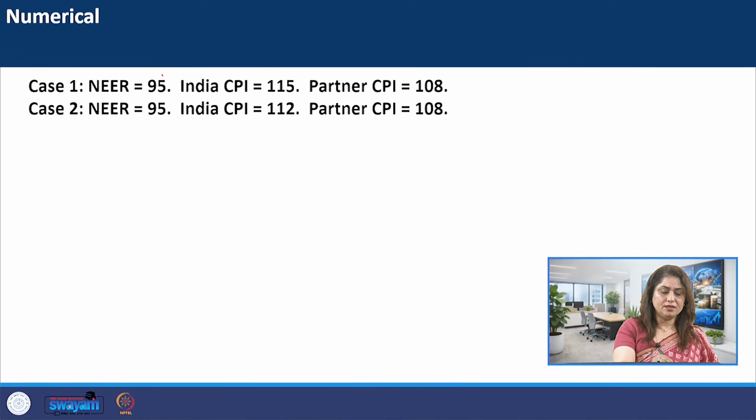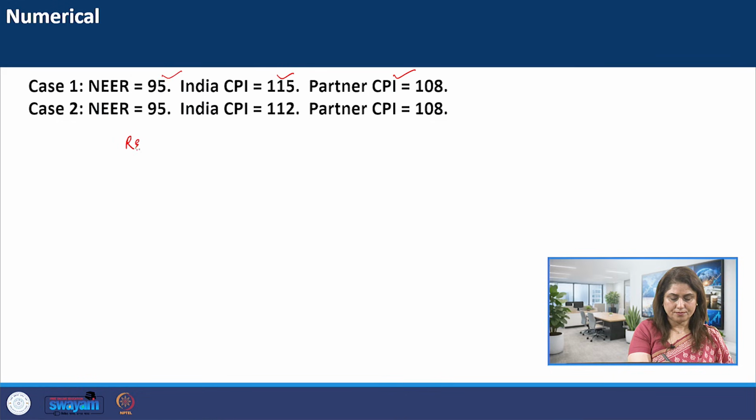Now let's understand this with the help of an example. We have been given NEER, we have been given the CPI, Consumer Price Index of India, and we have also been given the CPI of the trading partner. There are two cases. You can see the NEER is same and the partner CPI is same, but the Indian CPI is different. So first let us calculate REER,